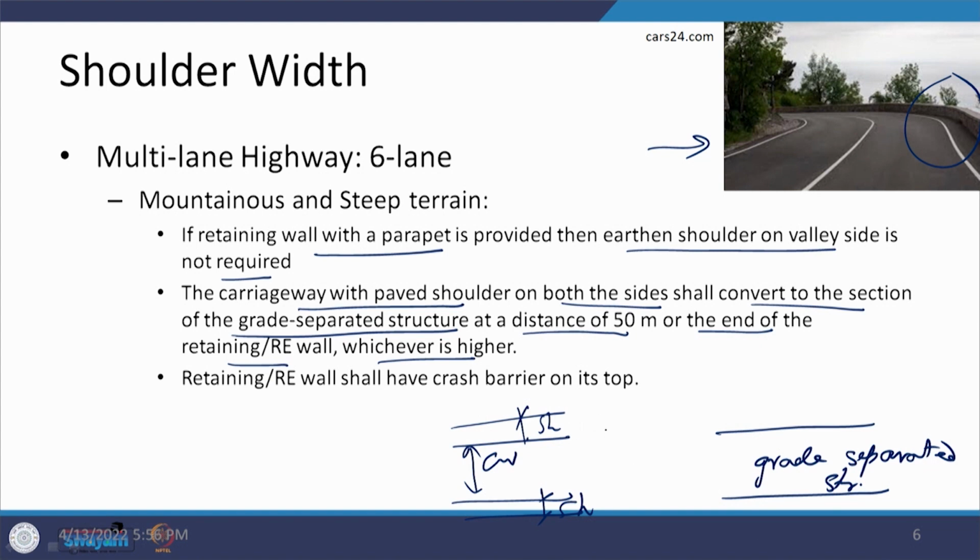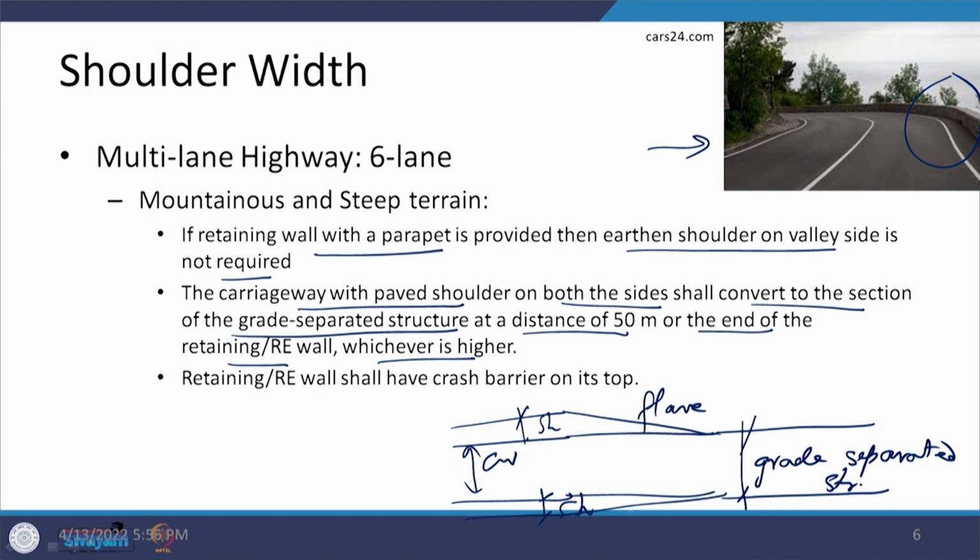So, what we are going to do is finally culminate into this sort of condition. We will be getting into the flare condition here, and by doing that flare, the section we are going to get is the section at the grade separated structure. If retaining walls are being provided, then that is to be considered, retaining wall, RE wall or the abutments